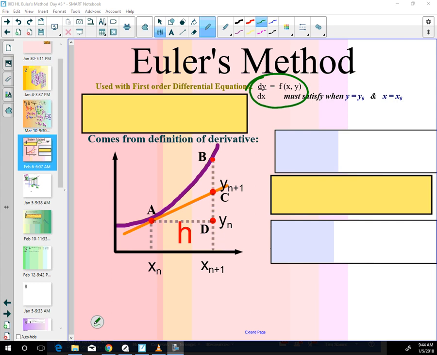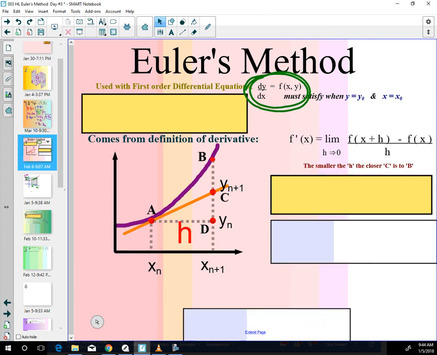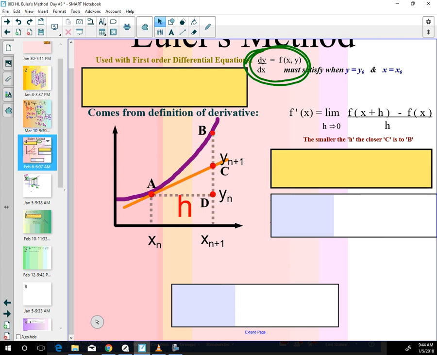This is Euler's method. We're trying to find y values from a dy dx equal to some function. We're trying to find what the y value would be. So we're going to borrow something from the past, the definition of derivative, where f of x plus h is going to be the next y value, and this is the previous y value,